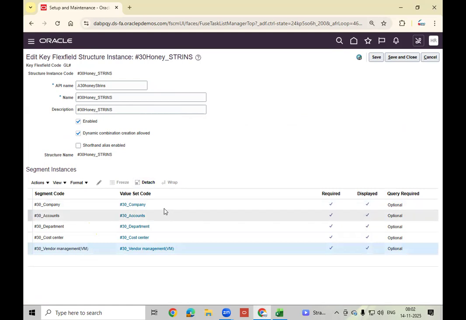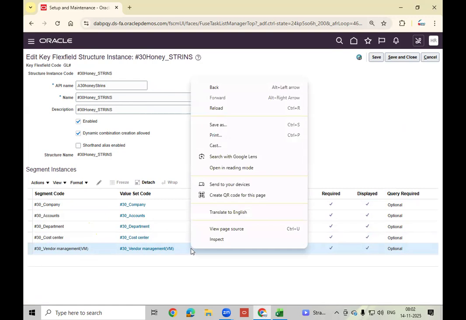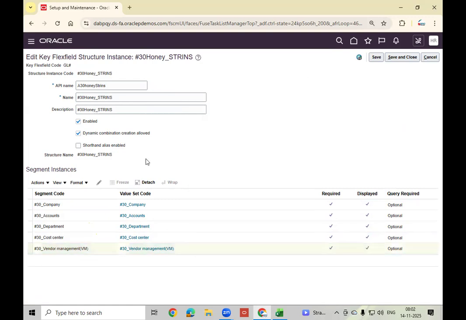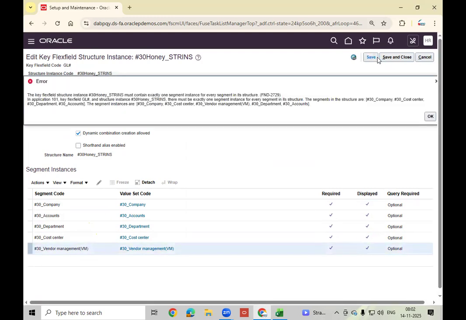In master, there are only three, four. But this one is coming. I think because of this, it is getting an issue. I'll disable this one. But it is also not allowing disable.